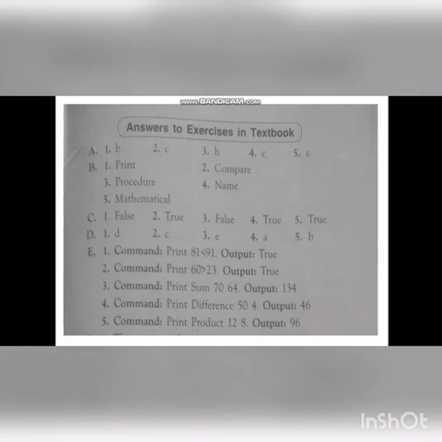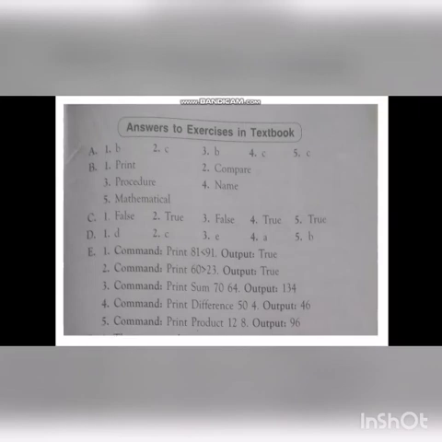Okay, next fill in the blanks. The dash primitive displays the results in the recall list box. Answer, print. The comparison operators are used to dash the numbers. Answer, compare. A dash is defined with the TO command. Answer is procedure.